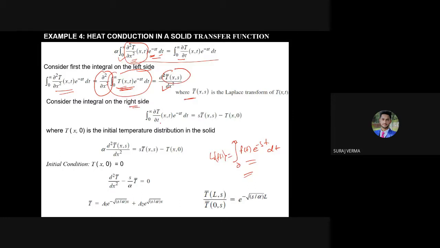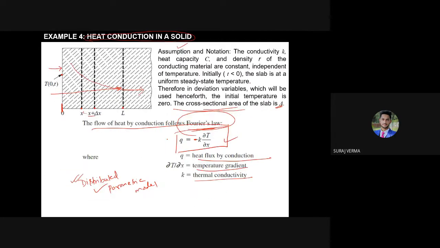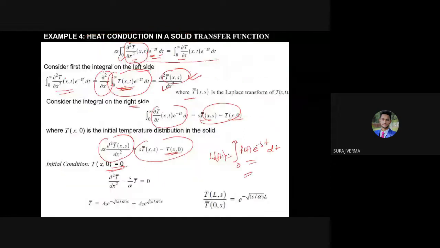अच्छा, राइट साइड को जो आप Laplace करेंगे तो what is the Laplace of this one? So delta t by dt को क्या लिखेंगे? s t bar minus t0, the initial condition. So with the term, ये आपका first term in the left hand side, this is the right hand side, okay? For the initial condition we have assumed, let's say at this slab, the initial temperature was 0. We have assumed that 0, okay? तो यहाँ से आपने 0 ले लिया और 0 लेने के बाद the equation becomes this one, okay?